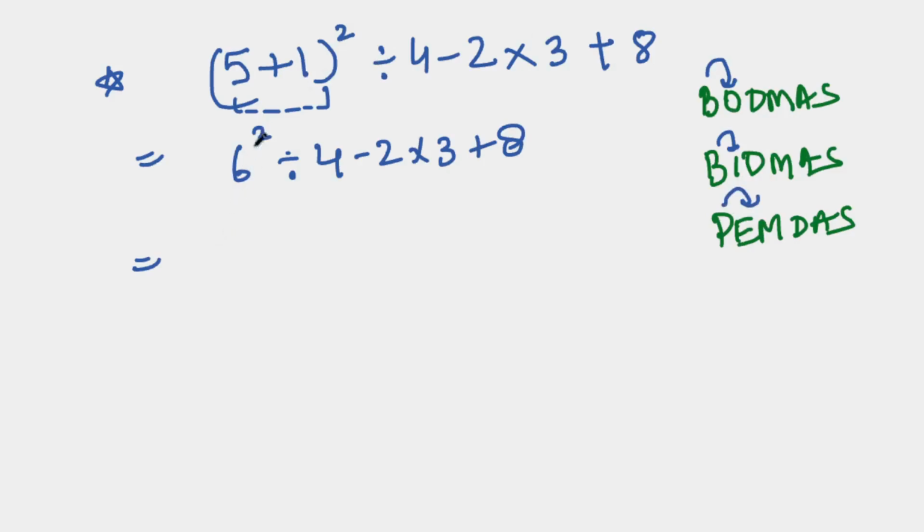So 6 square is 36. Okay? We will solve it. Rest everything is written like the way it is. Okay? Now 36 divided by 4 is 9, because we are reading our expression from left to right. So if we have multiplication, division, we will do whatever comes first. Okay, so 36 divided by 4 is 9, and here we can see we have multiplication and addition, and here